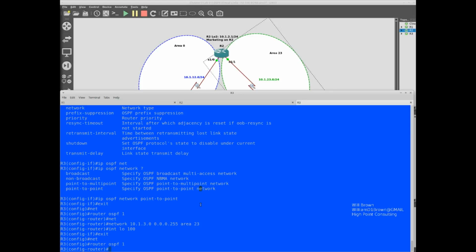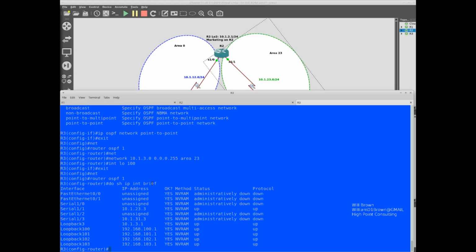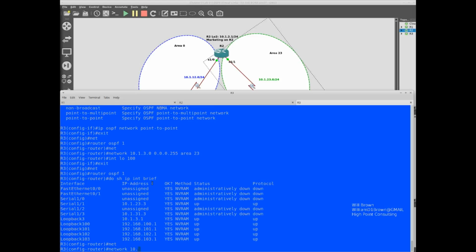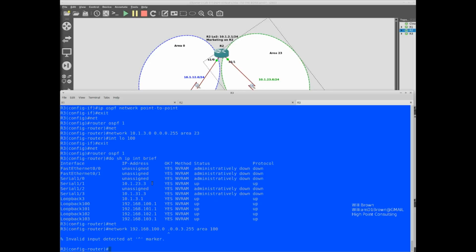So we're back in the router process, and the next network that we want to get in here is the loopback network. If we do real quick, show IP interface brief. Okay, so we want to say network 10, no, not 10, 192.168.100.0 0.0.3.255 area 100.